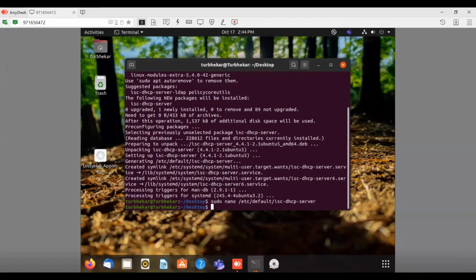So how will we configure that file? Here we will see now. To open that file, sudo nano /etc/dhcp/dhcpd.conf.